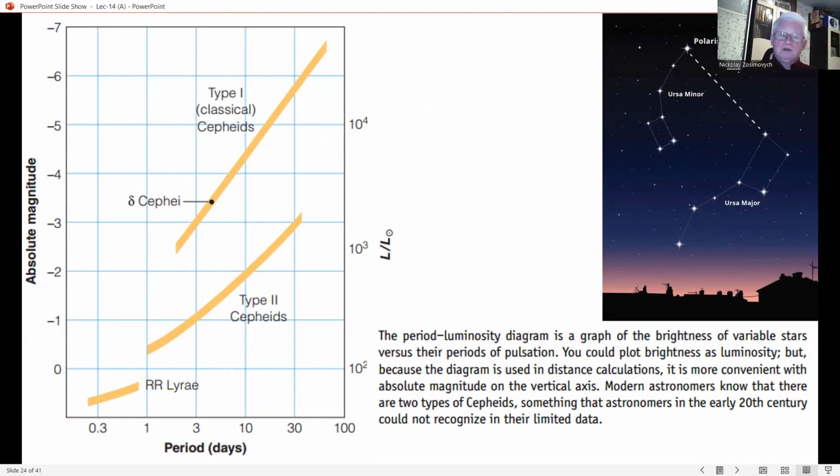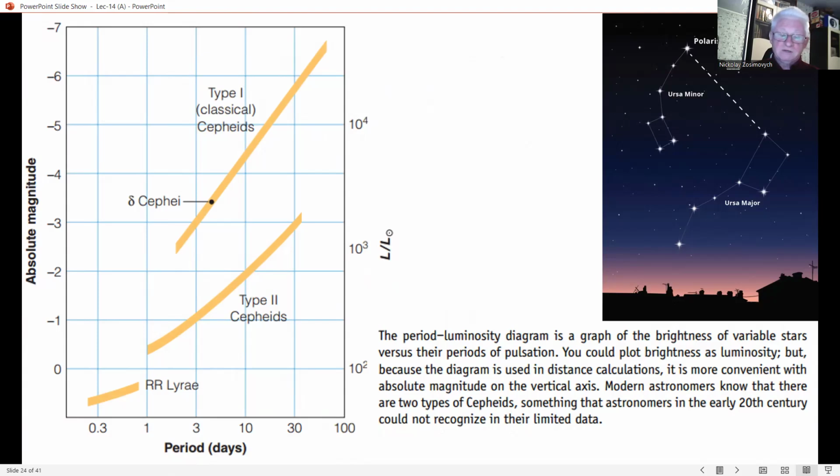Massive stars are very luminous, and they cross the instability strip higher in the HR diagram. Because these massive stars are larger, they pulsate more slowly, just as large bells vibrate more slowly and have deeper tones. You will remember from an earlier lecture that our favorite star Polaris is a supergiant. It lies high in the instability strip and pulsates as a Cepheid variable.